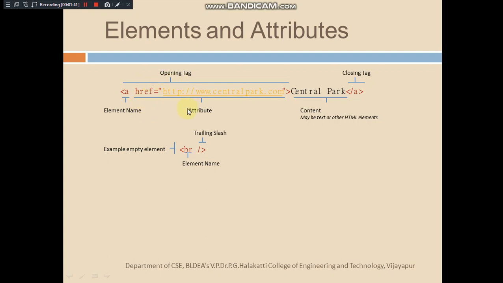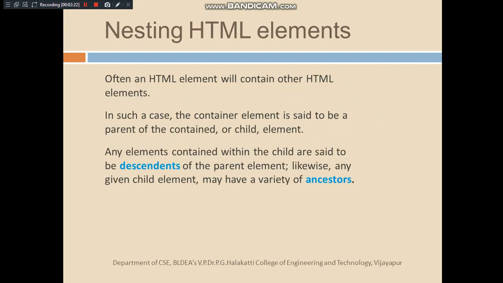So what it is doing is creating one link with the content as central park, which will appear in blue color usually, and when you click on this blue color link text, you will be carried to the web page which is mentioned here. So this is how we are mentioning the name and attribute name and its value. Content can be a text or other HTML elements also. Sometimes this content we can place as an image also, like a button or any other image, like for going back to the home page we are using a home-like image. So this is the way we can specify the home content in different ways.